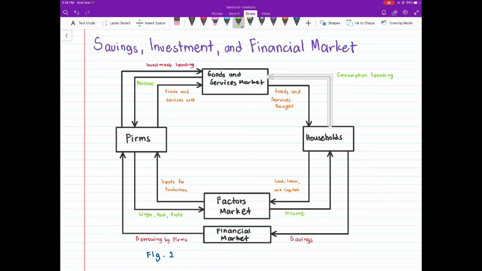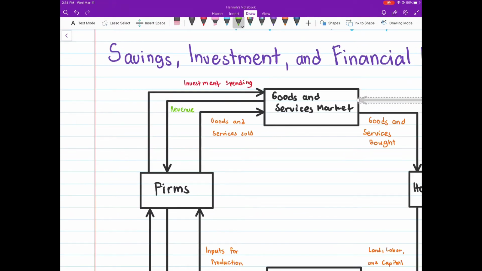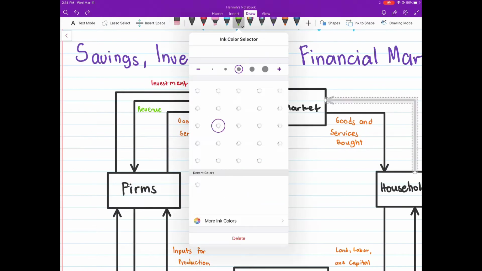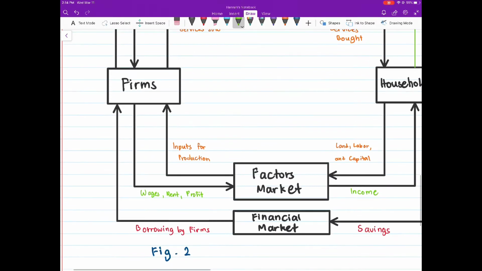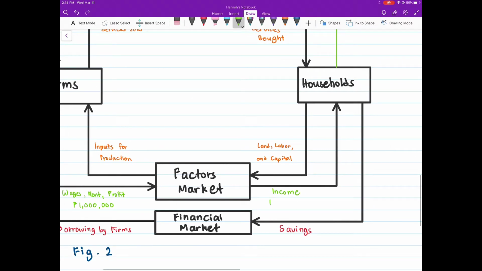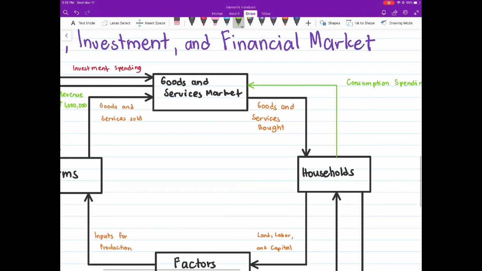Okay. So now let's just add some value. So let's go here to the revenue. So let's make that, oh, that's too thick. There. So let's make this 1 million. And then we follow the line over here. That's going to be 1 million. Same as the simple model. Then income, 1 million. Okay, so now, wait, why are you green? No. Okay, so now,